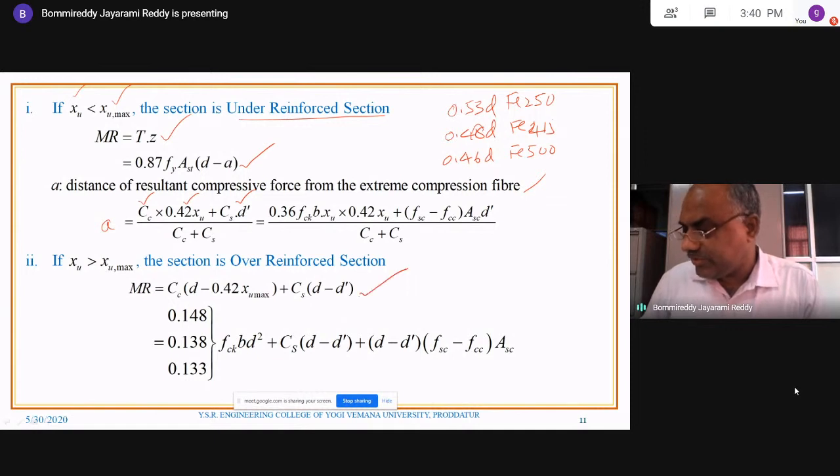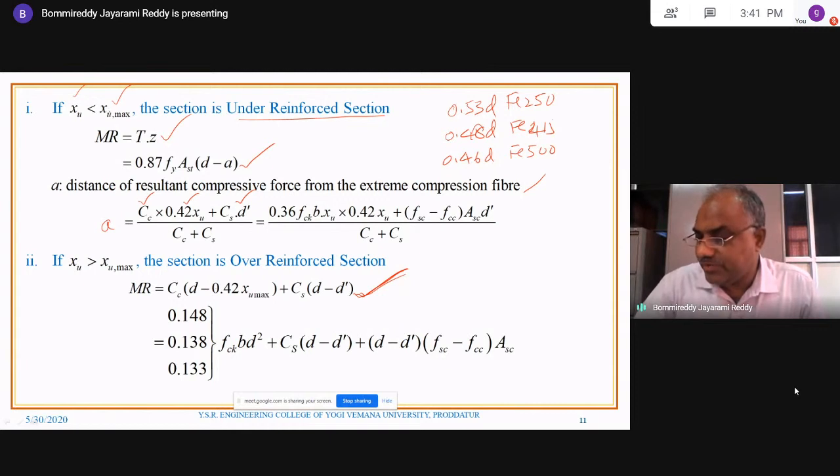You can also use this equation. Though it is an under reinforced section, you can also use this equation. Because in this case, the first part is Mu1, which is for the balanced section. The second part is only for the compression resistance of the steel reinforcement. So the first part can be 0.148, 0.138, 0.133, etc. can be put. So the only difference here is